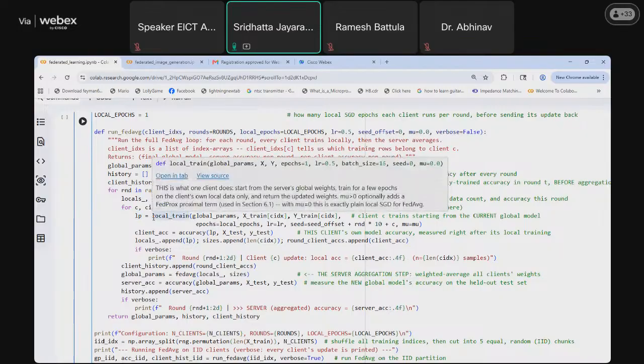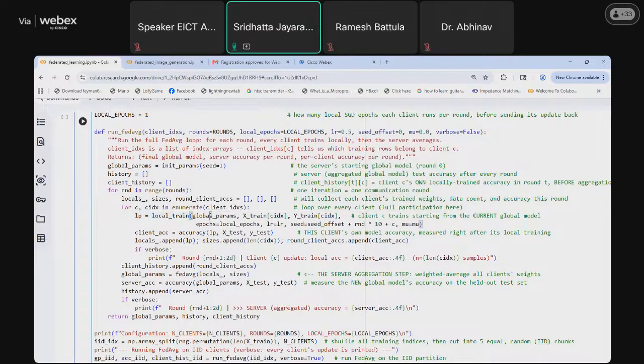The training function which we defined earlier as local train will take as input the global parameters. Initially the global parameters are randomly defined, so they will be copied into the training of the local client.